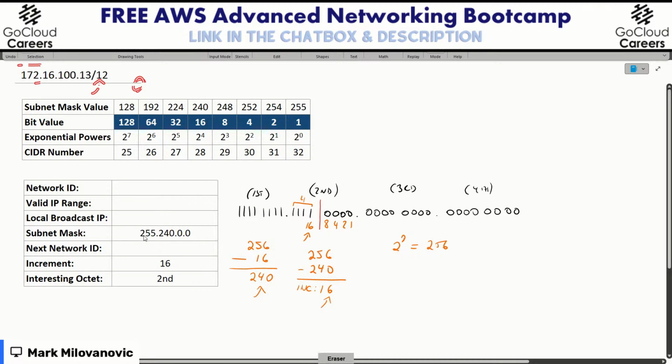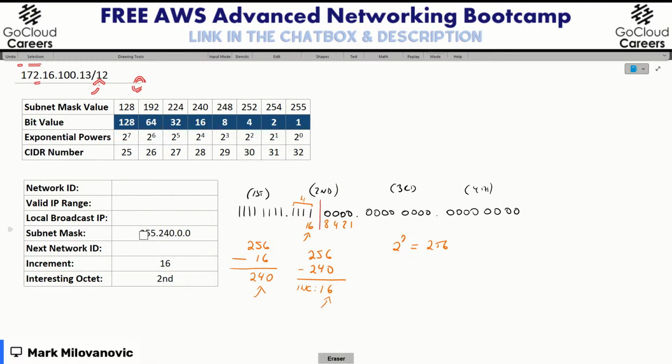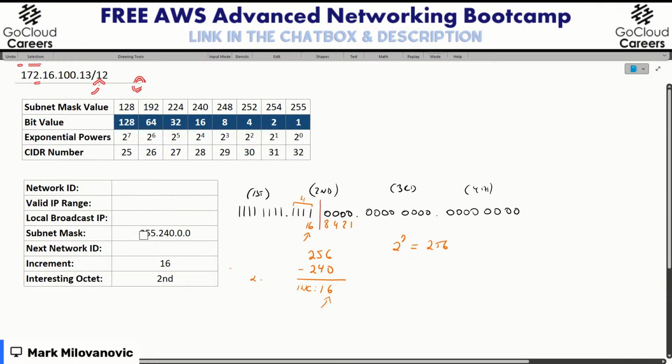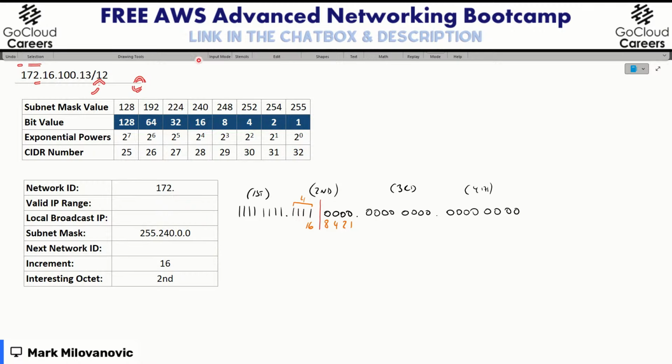It takes practice. Again, it's just patterns. The 4 times 4, I noticed, was a pattern for me. 4 times 4 is 16. I got 4 bits. That's kind of just how I remembered it for myself. Okay. So my increment is 16. So if my increment is 16, now I know that the beginning of my network is going to be 172 because it has all ones. If I look at this piece right here, I know my first network can be 16.